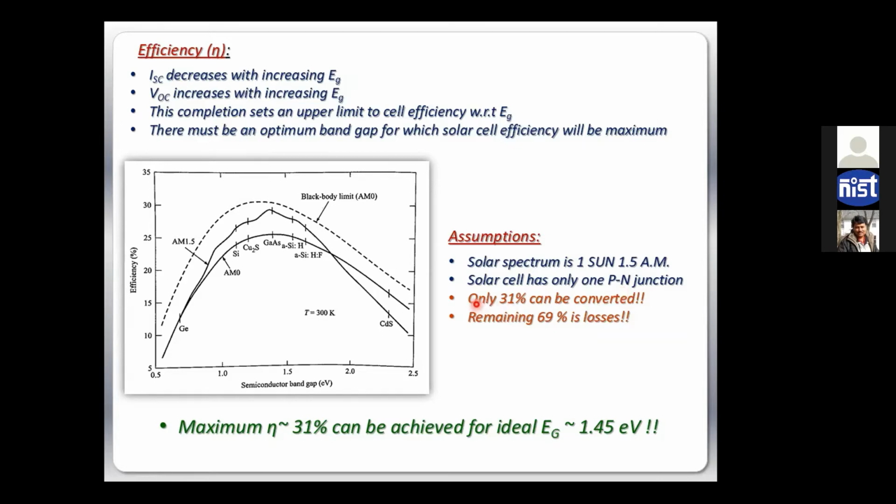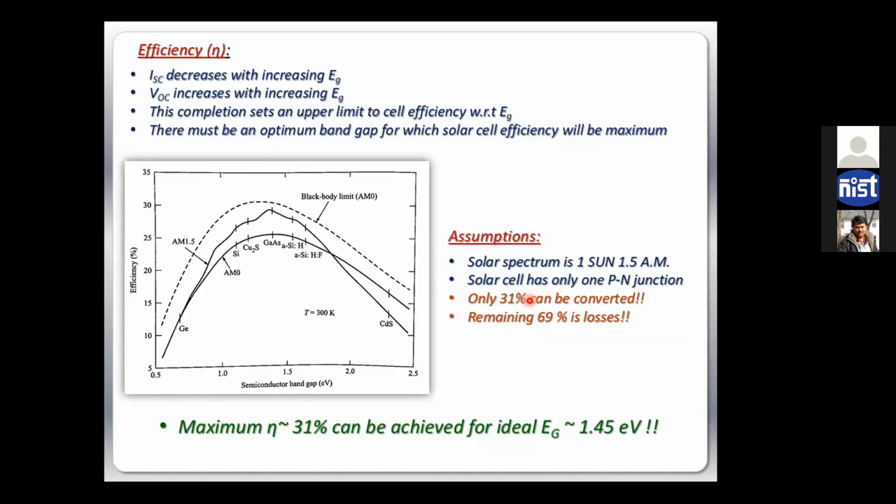So the picture is not that promising, because right now commercial silicon cells are in the range of 20-25% efficient, and the production cost, the electricity cost, is much higher than the fossil fuel electricity that we are paying every month, right? So even if silicon reaches from 25 to the highest 31%, the cost will still be 2 or 3 times higher than the current electricity bill. So this silicon technology, whatever we are doing in the current format, is not going to fulfill the purpose that we are looking for.